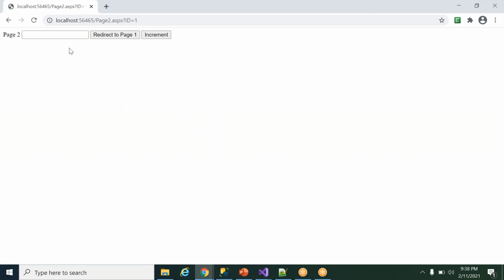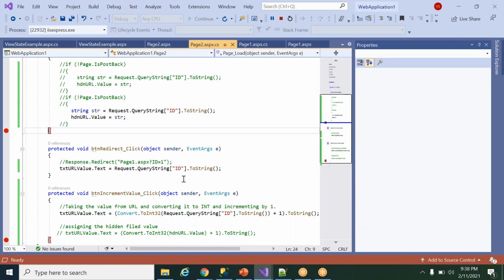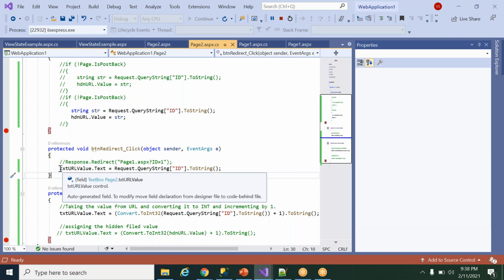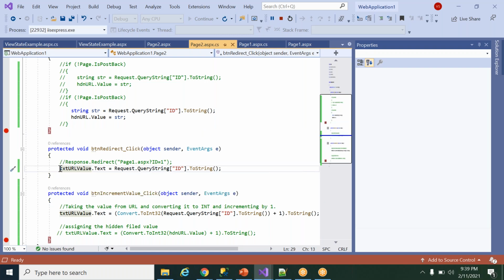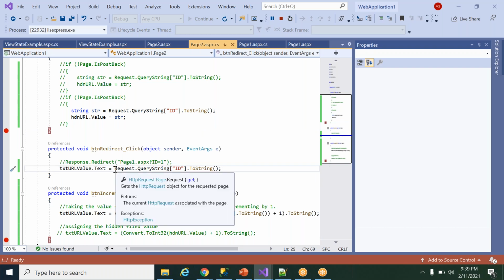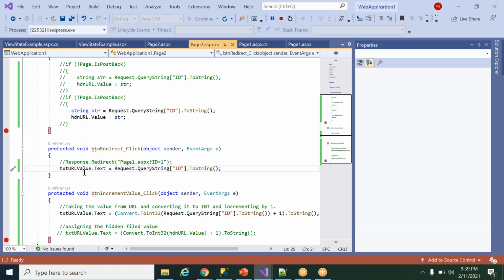Now on page 2, I have one label called page 2, one text box to enter some value, and one button to redirect to page 1, and one more which is an increment button. When I click the redirect to page 1 button, whatever the URL value I have, I'm updating that value to the text box.